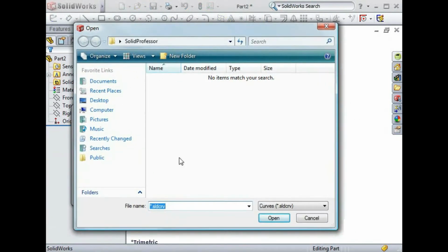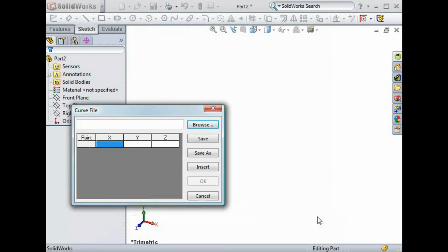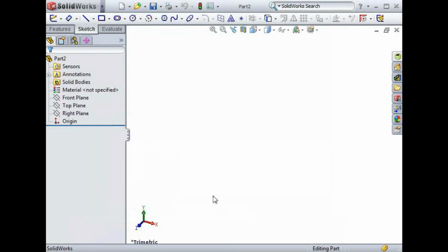In the Files of Type field, you will see two options, SLDCRV and TXT. The first option allows you to browse for a set of points that have been previously saved. The TXT option allows you to import data from an ASCII text file, with XYZ columns separated by a space or tab. You can create this type of file using Notepad or another generic text editor. But if you use a spreadsheet program like Microsoft Excel, you can quickly generate data points using equations and other